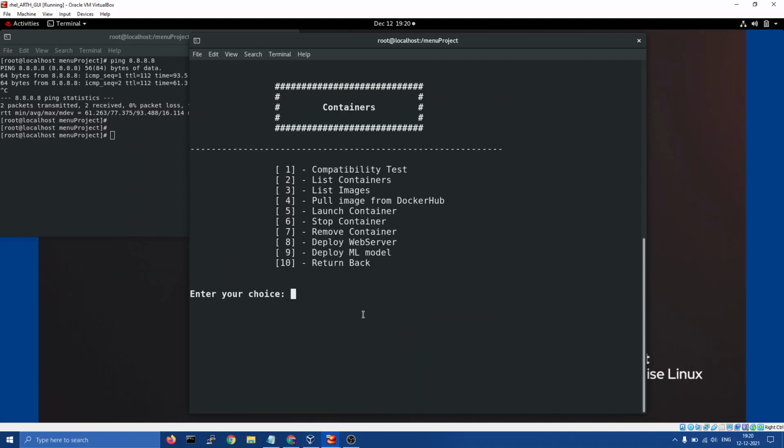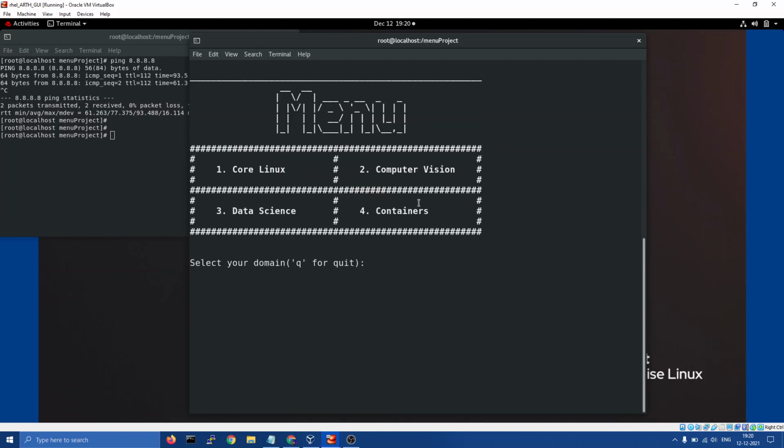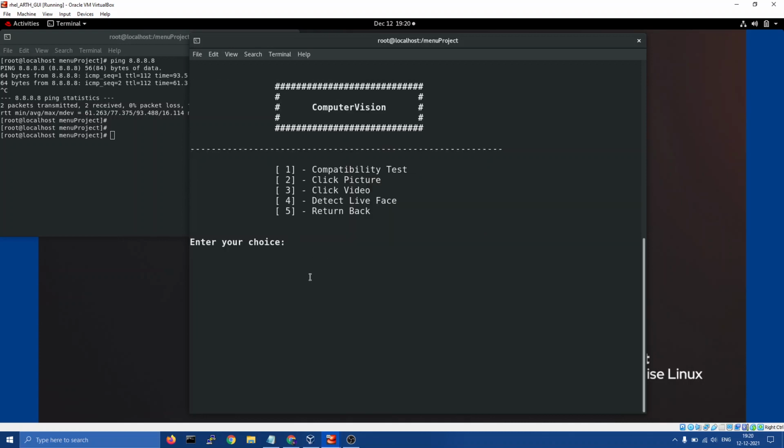Now let's return back. Only one domain is left, computer vision. Redirecting to computer vision. Here also a compatibility test is there. Let's run it.